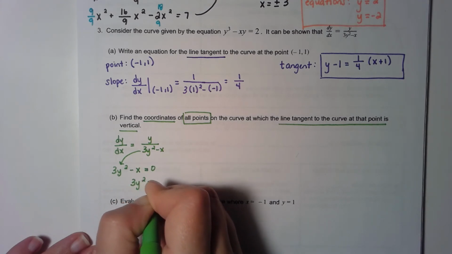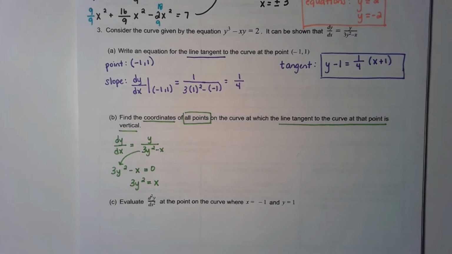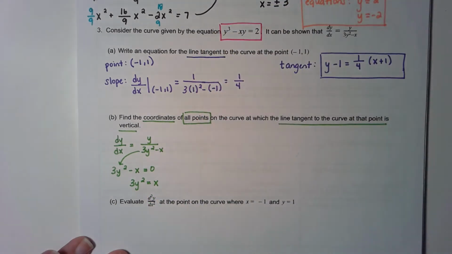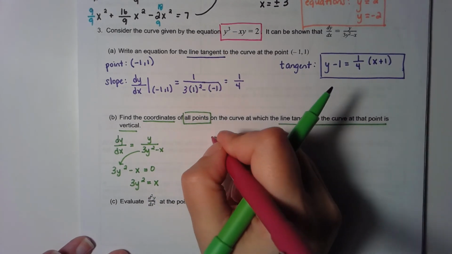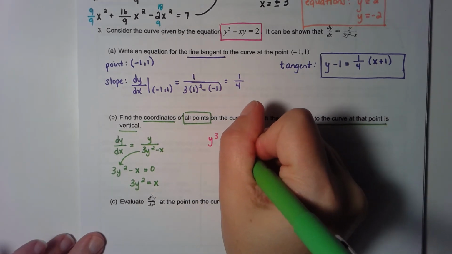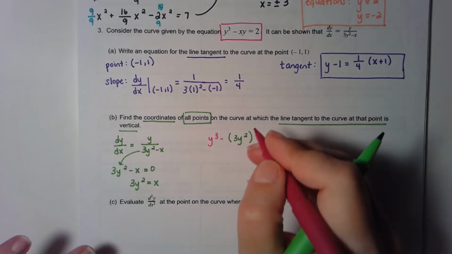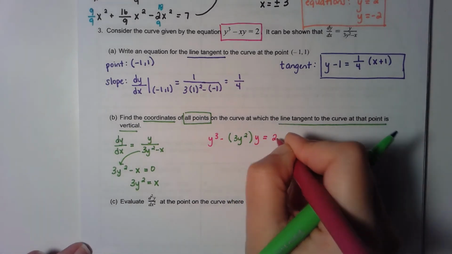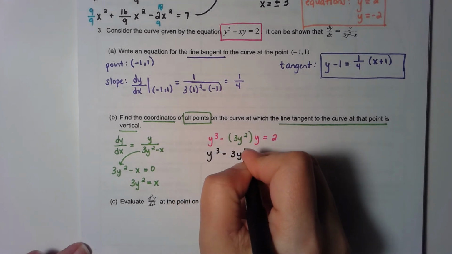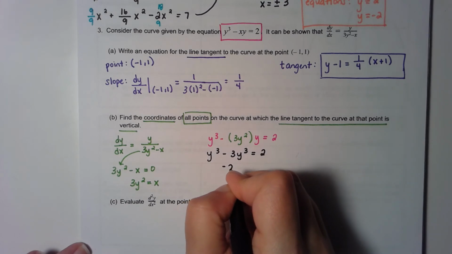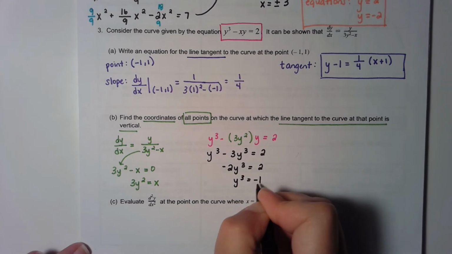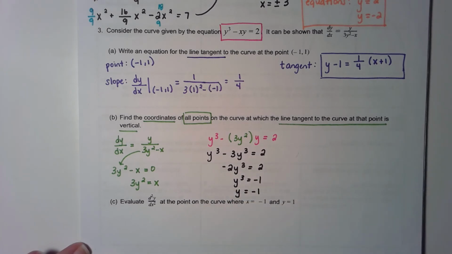In other words, 3y squared equals x. Now, x is already by itself here, so I'm going to go ahead and substitute that back into the other equation that I have that has x's and y's. So I'm going to have y cubed minus, instead of x, I'm going to fill in 3y squared, and then y equals 2. If I solve this, I get y cubed minus 3y cubed equals 2. So negative 2y cubed equals 2, which means y cubed equals negative 1, which means y equals negative 1,